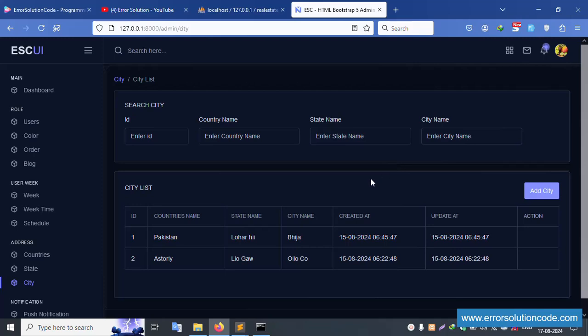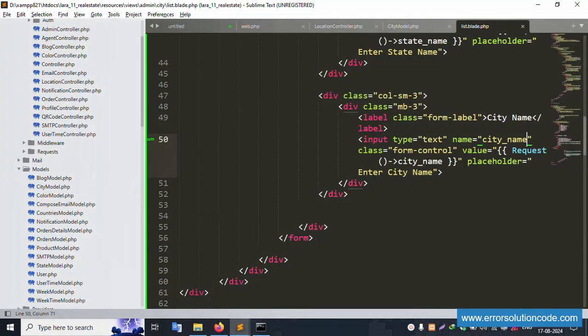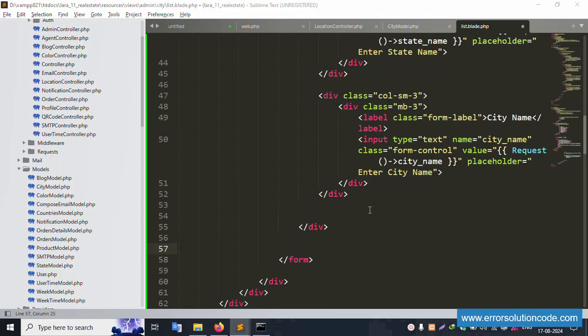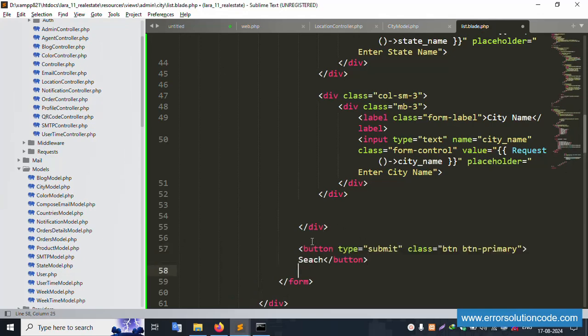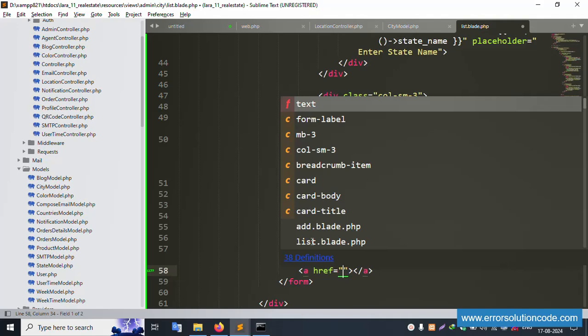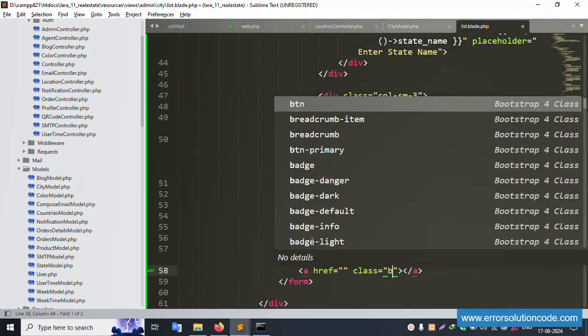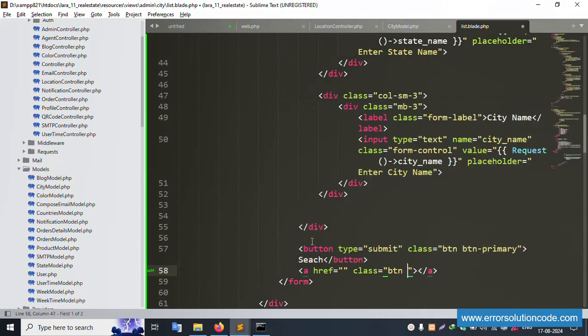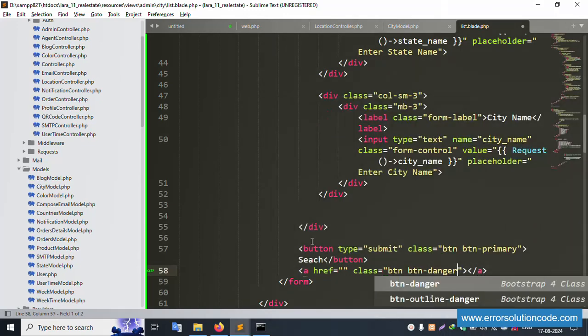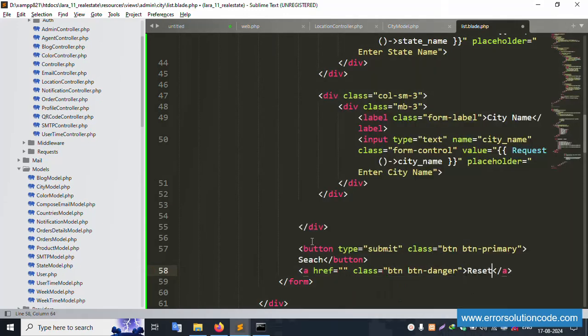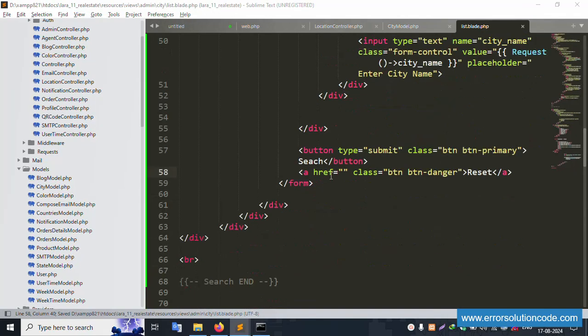Now inside this, two buttons are to be implemented, a submit button and a reset button. These two buttons are set. This is a div inside this. First of all, this search button is set. Next to this search box, create an a tag inside. This has the class btn btn-danger. This is the reset button, and inside this reset is the reset form,